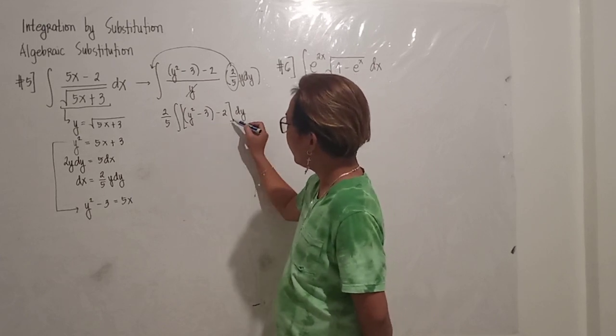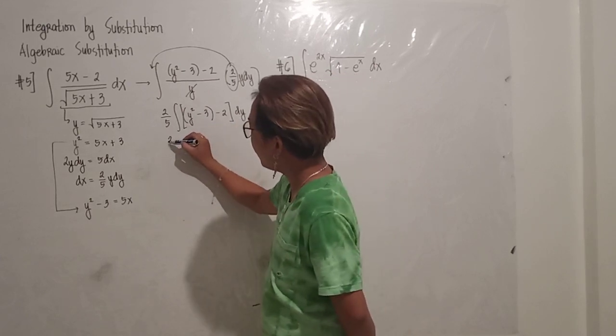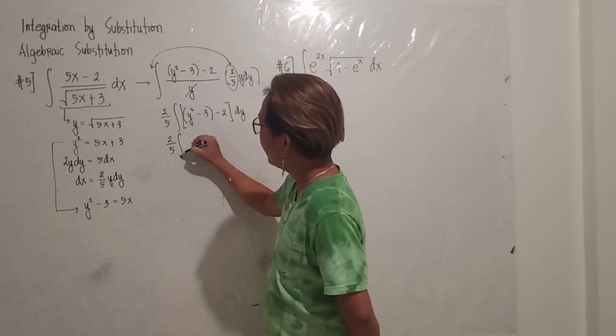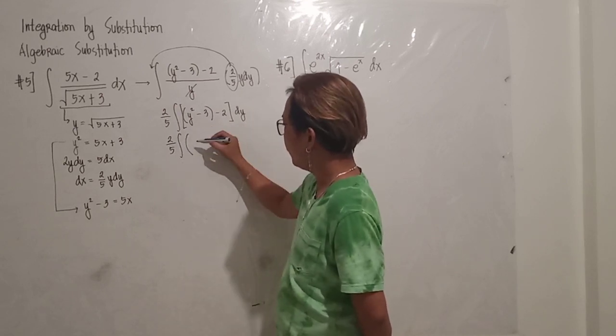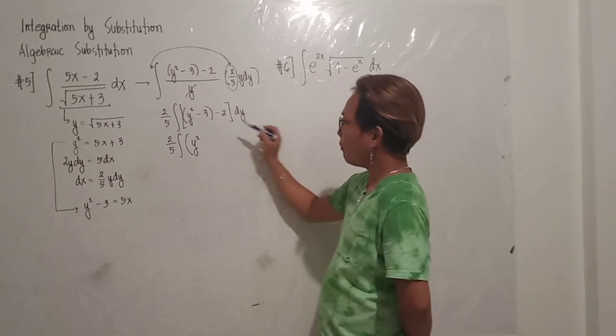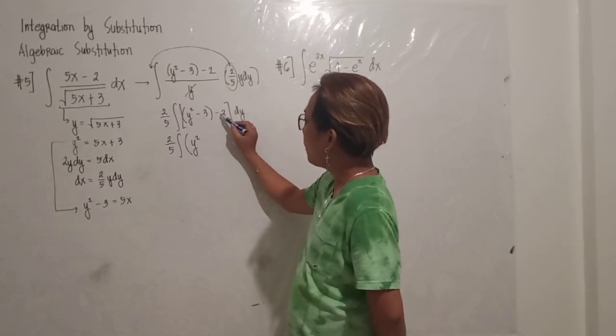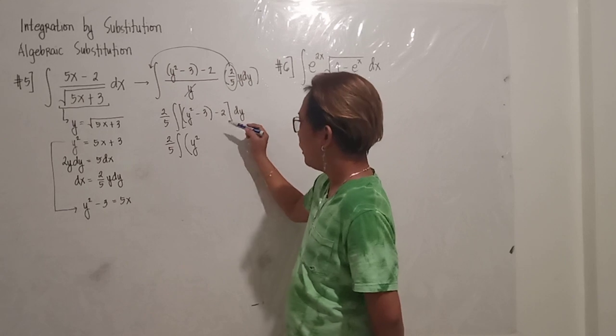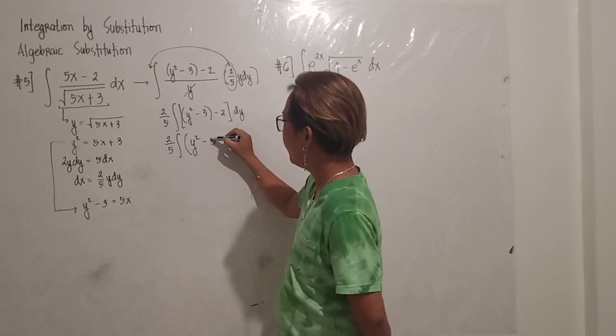Then simplifying this equation, you will now have 2 over 5, then the integral of y squared, then negative 3 minus 2 is negative 5